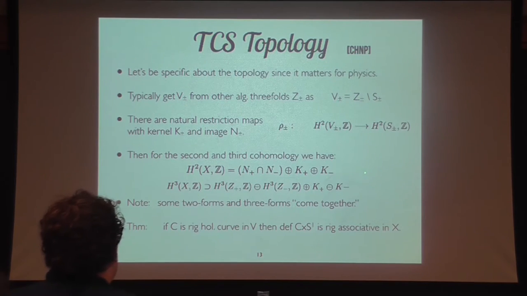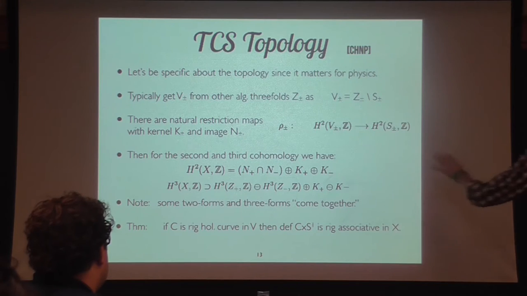So then the second and third cohomology, I didn't tell you the full structure here, but the second cohomology is identically this, where N plus intersect N minus plus K minus is the second cohomology of the G2 manifold. This is computed, and in particular, it's related to things that are glued at the middle, and this is stuff that sort of exists away from the middle where the gluing is happening. And that can be made precise. But the reason why I truncated H3 is that I just wanted to show you that there are things in the kernel of this map, two forms on V plus minus that are trivial in here, this K plus, that contribute not just to H2 of the G2 manifold, but also to H3. So you're having one algebraic origin of both non-trivial 3 cycles and 2 cycles, sorry, 2 forms and 3 forms